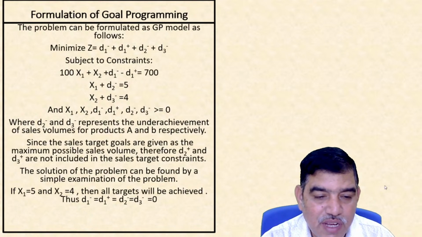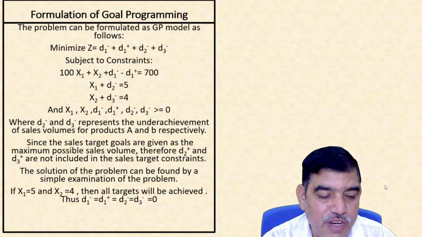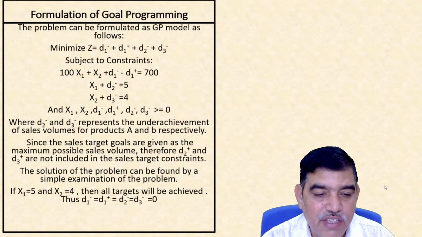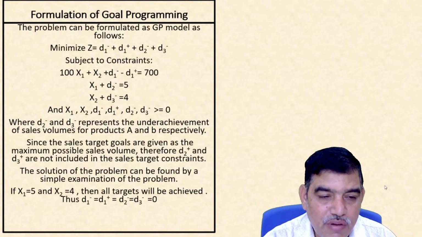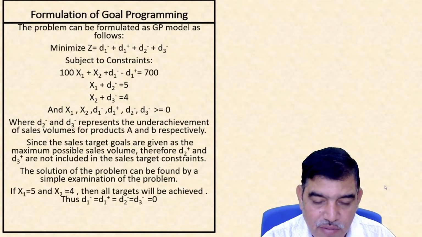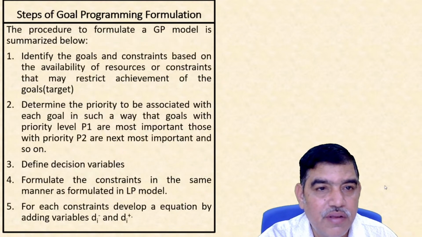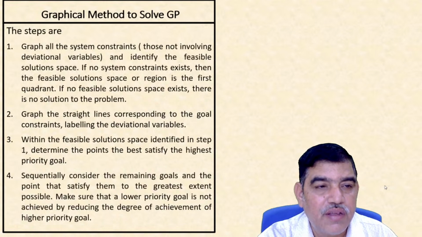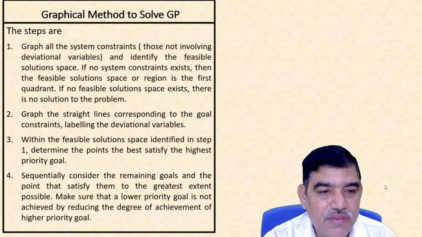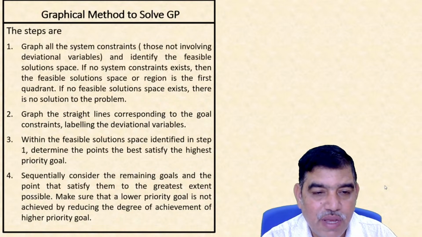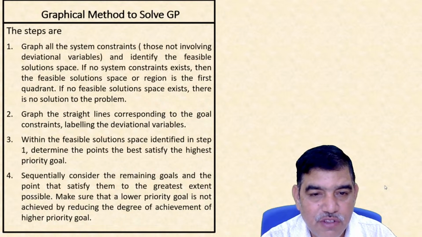If the question asks you to maximize z, you find the point where z is maximized. If the question mentioned minimize z, you have to find the point where the z value is minimized. So you put the value in the objective function and you just find the maximum z or minimum z. But in goal programming, in the graphical method, there are 4 steps. That is, first you draw the lines one by one and find the feasible space or feasible region,